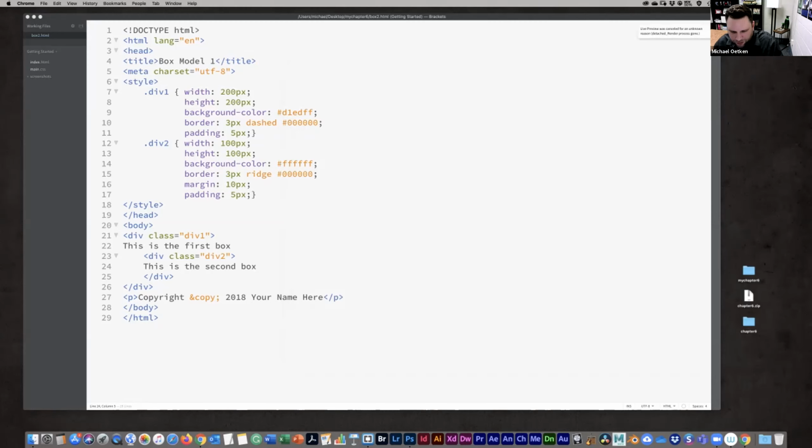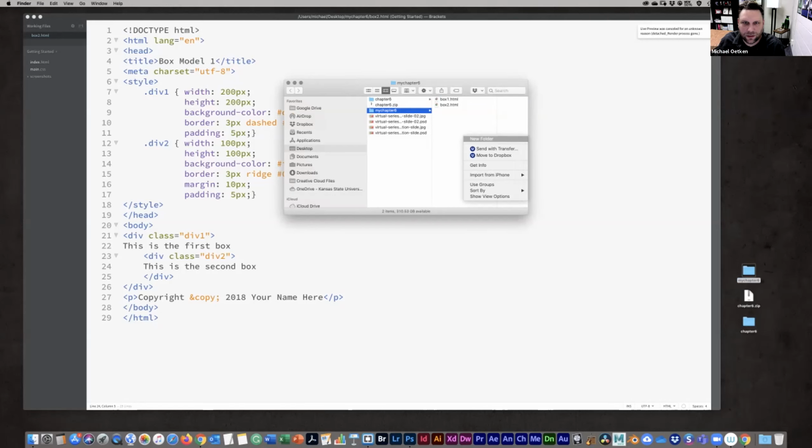All right, so let's go on to 6.2, page 251. And first we're gonna create a folder inside of our work here. And we're gonna call it ch6 float. Okay, so we need to copy a couple of things in here.